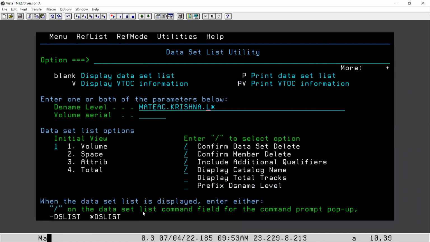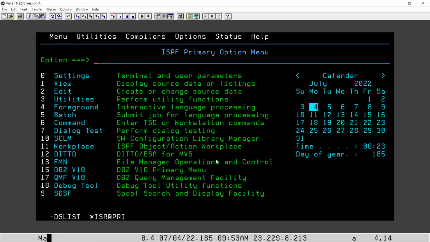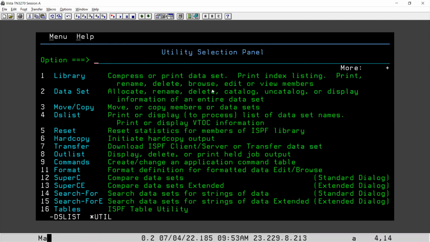Okay. So similarly, these are all the libraries. So I'm going back. So this is the main screen, right? If you go to option 3 utilities, and if you go to 4 list, to see the existing list of data sets,